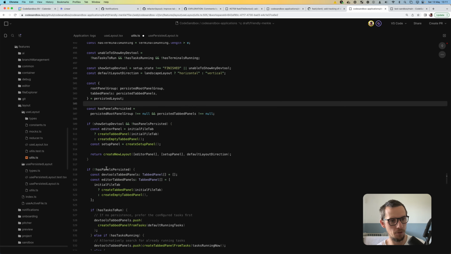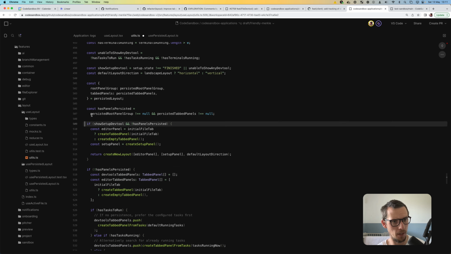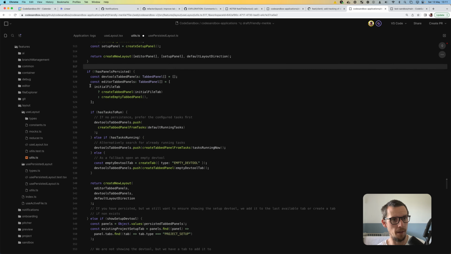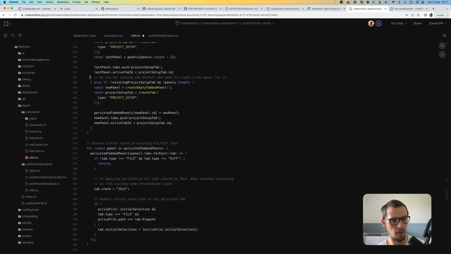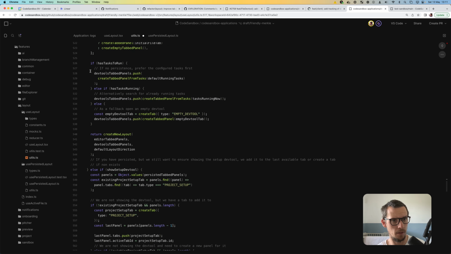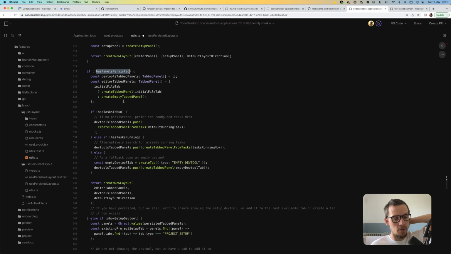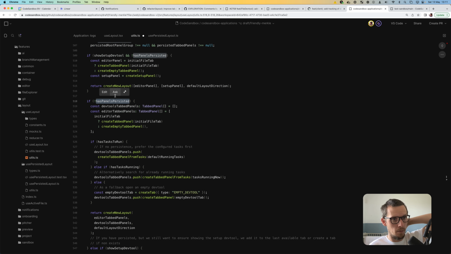Okay, cool. So we're going to ignore that scenario. So if you don't have any panels persisted and want to show the dev tool, we are going to just give you the default view as if it was the first time. And then if you don't have any panels persisted, we go in and we